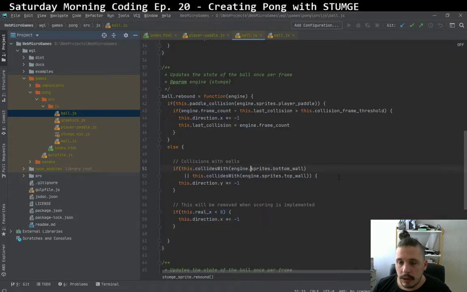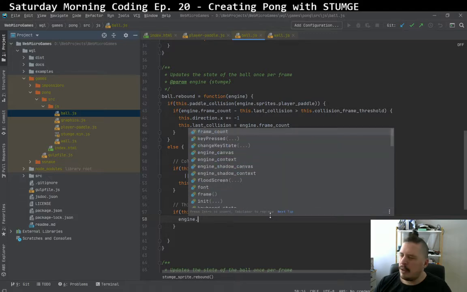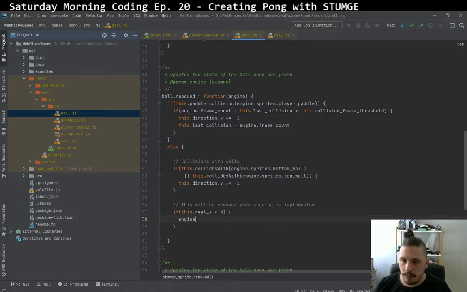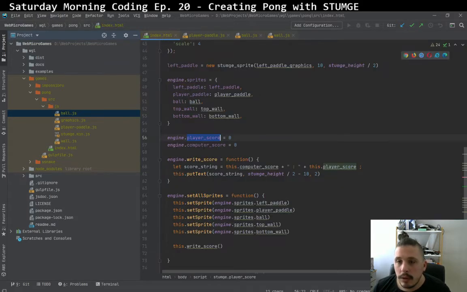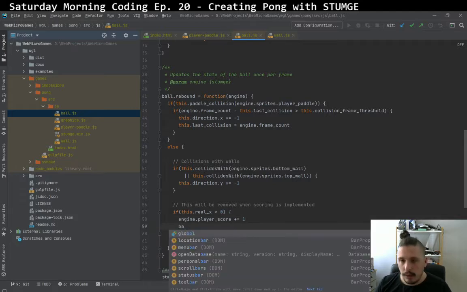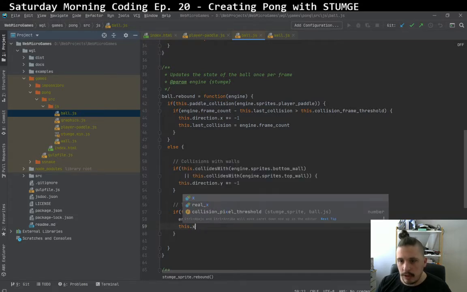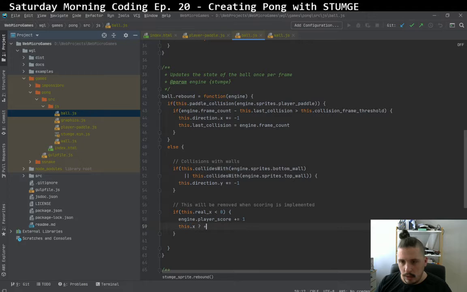Then engine dot player score plus equals 1, and then the ball's position, this dot x equals